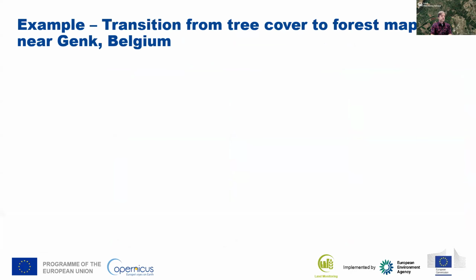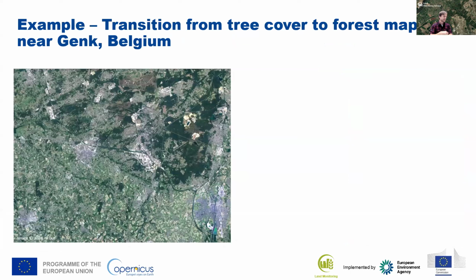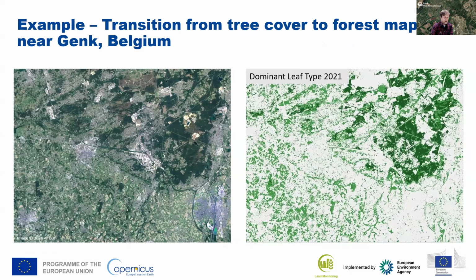Another example which shows the transition from tree cover mapping, which I mentioned before, to forest mapping is now shown here in this example near Genk in Belgium. So on the right side of this area, we have quite a lot of coniferous trees and broadleaf trees, and especially in the left part of this area, there's a lot of broadleaf trees belonging to some fruit tree plantations in the